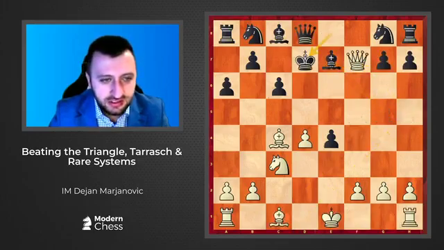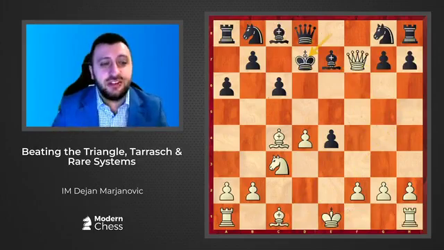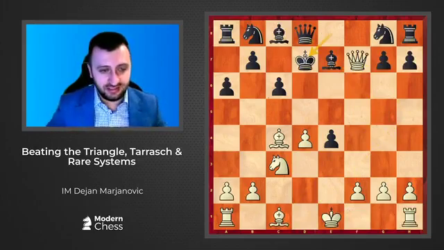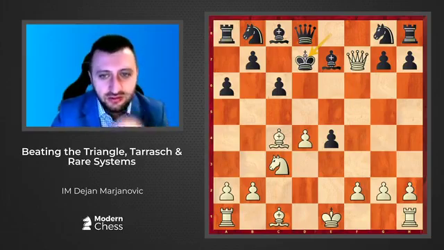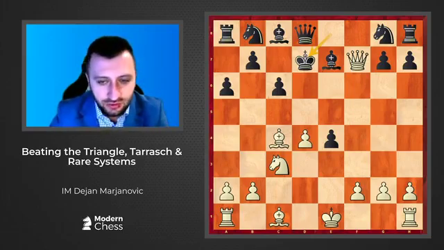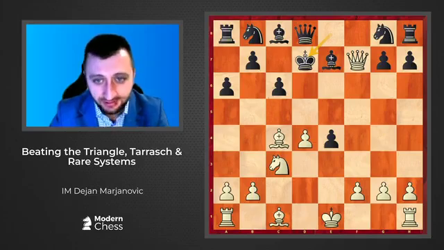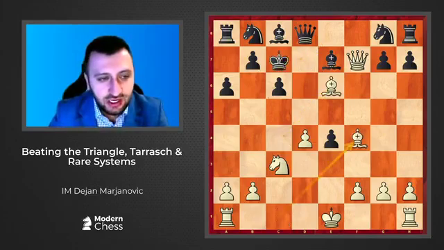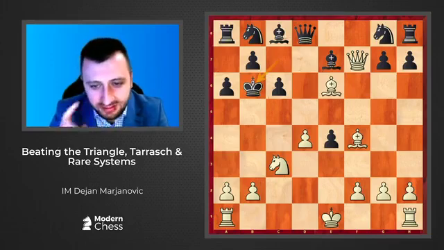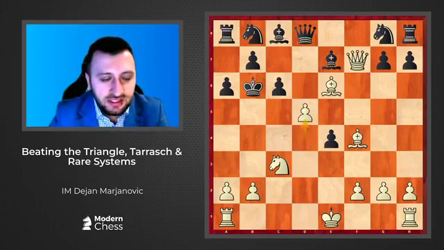What is interesting is this position. At this position, I spent hours analyzing because I wasn't sure which line to play, because there are so many good lines. The first one I want to check is not my main line, but I want to show you how unpleasant it is. So after check, King b6, according to the engine here, d5 is the most precise move, but I think